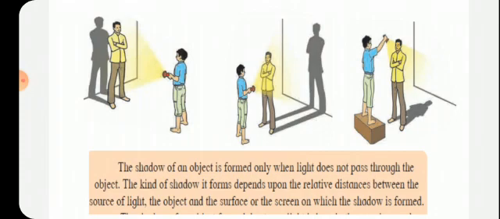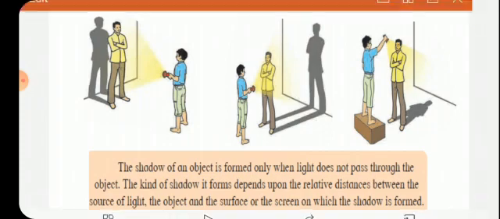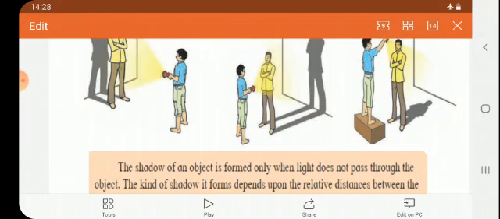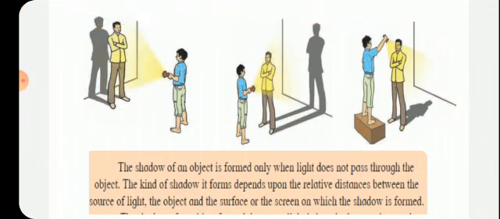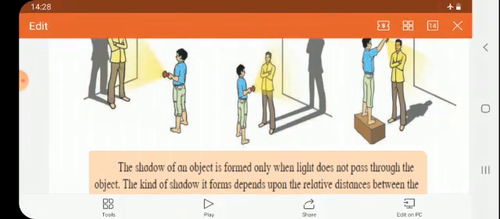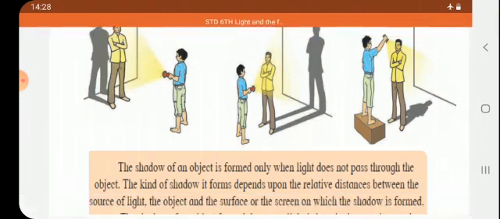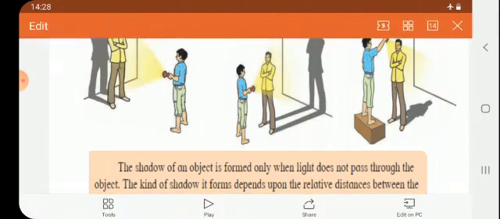Okay? But children, here we have to compare the different shadows that are formed. In different cases, different types of shadows are formed. See here, I have shown you three pictures. The shadow of the object is generally formed all the time if the screen is an opaque one. Here the boy is standing too far away from the man in the first case. So the shadow of the man is,